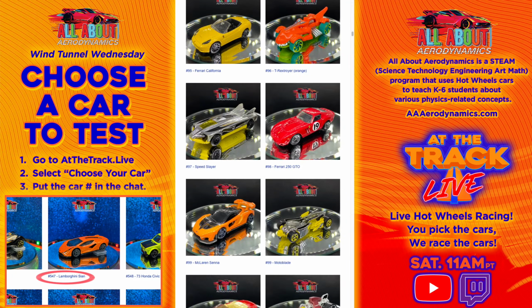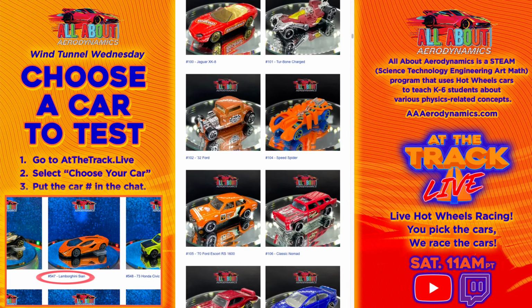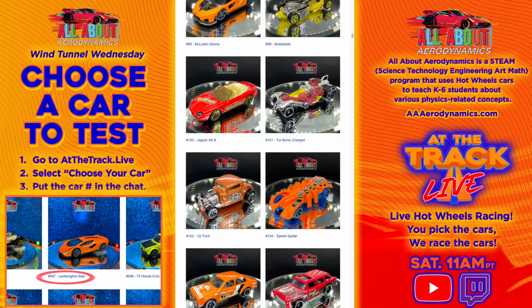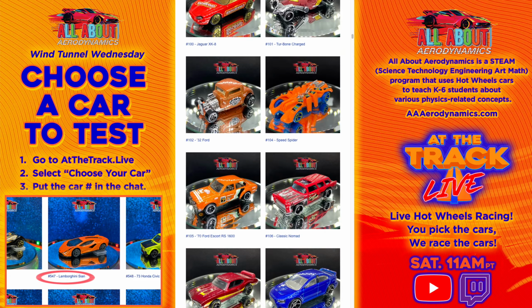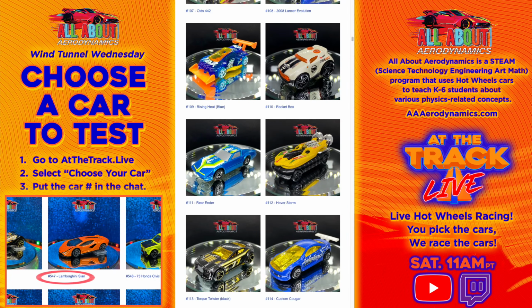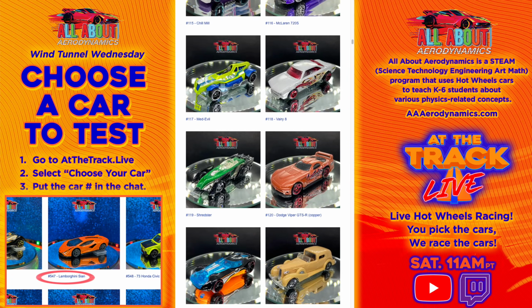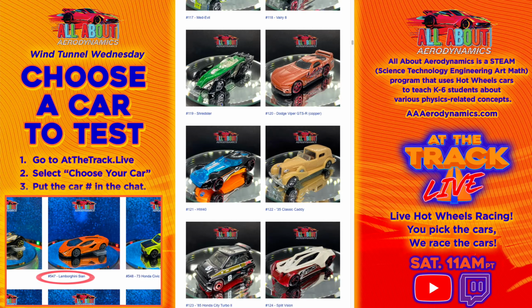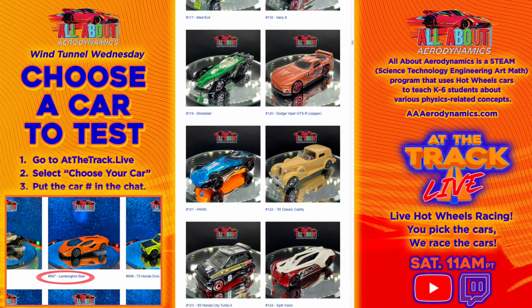We have trucks, fantasy cars, convertibles, cars that are apparently shaped based on spiders, hatchbacks, wagons, coupes, any kind of Hot Wheels car that you can think of. We have cars that are like hovercrafts, cars that are like boats, tanks, ice cream trucks, dairy trucks, old school 1935 classic Cadillacs. Any type of Hot Wheels car you can think of, we have represented